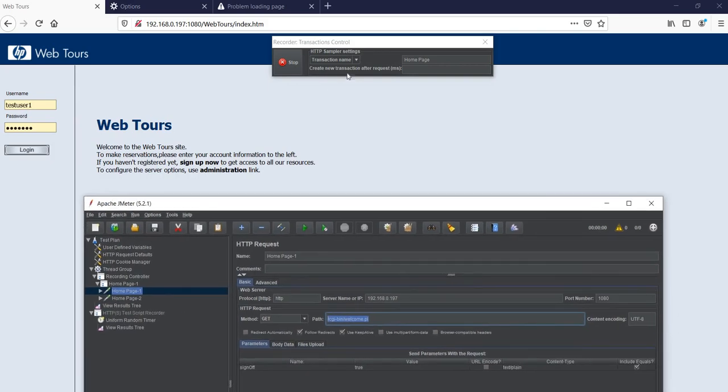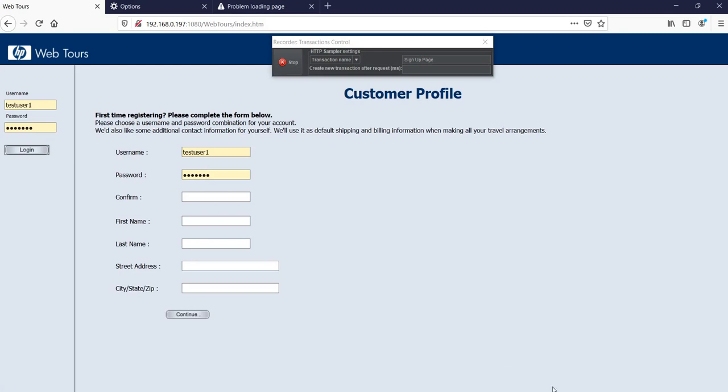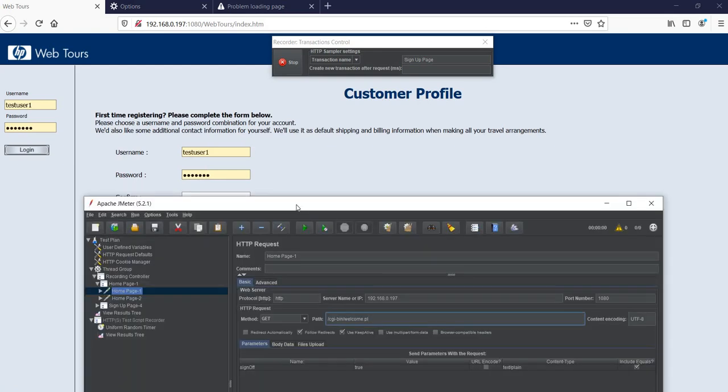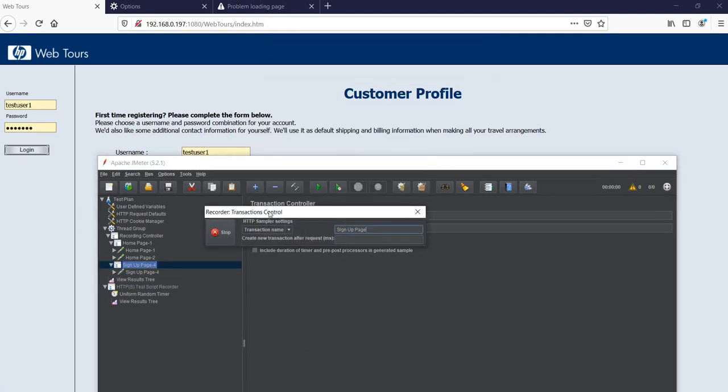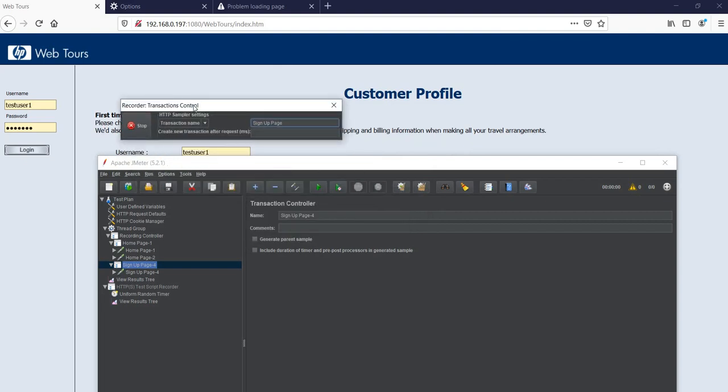Now we will go ahead and click on sign up page. And press on sign up page. So you see over here we got another request which says sign up page. So what is this? This is the transaction controller. This is a new thing which has been given in this version, that is 5.2.1.